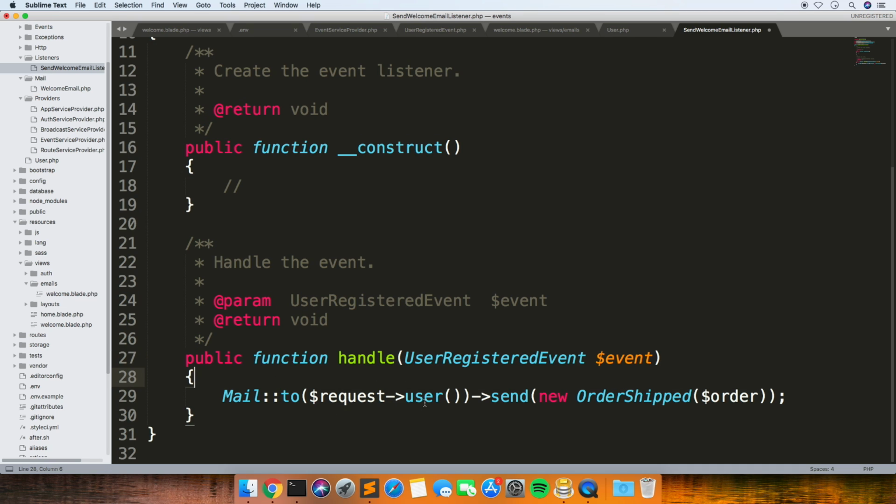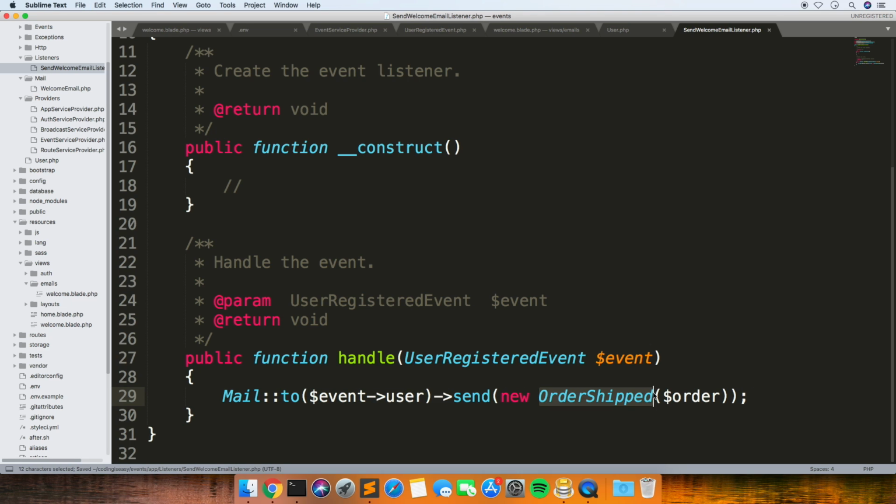Instead of it coming from a form with the user, we can just paste in that event user and that should send it to the user that we're passing it. I think you can also just literally put in a string with an email like that. But let's just try it with this first.